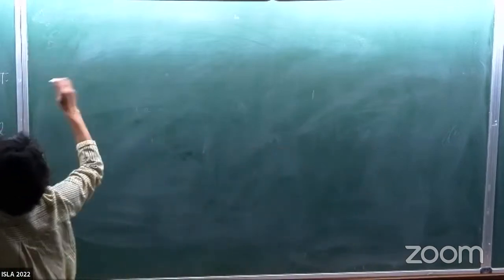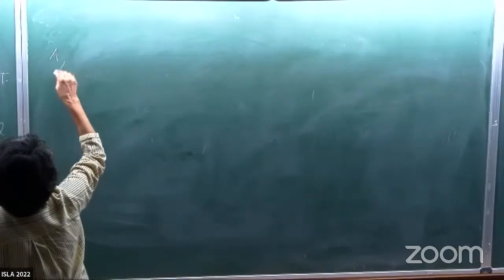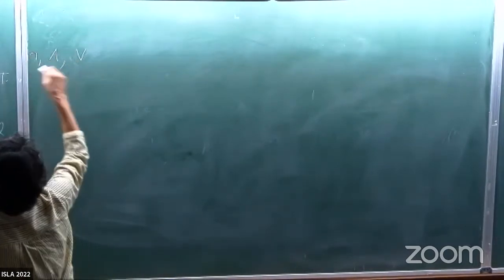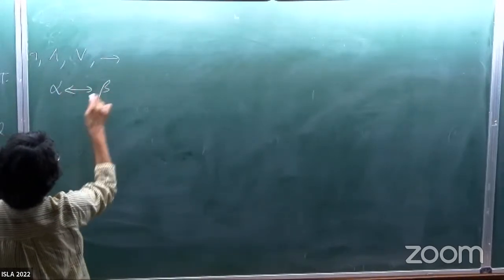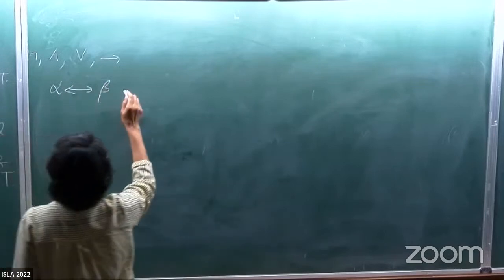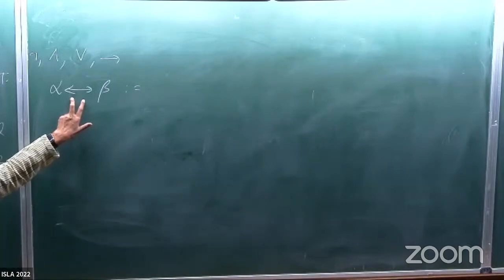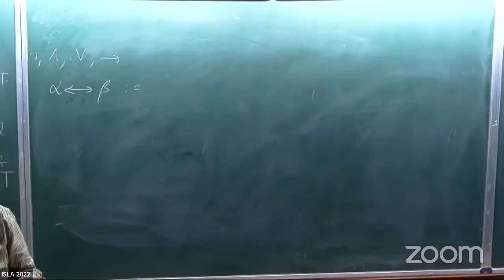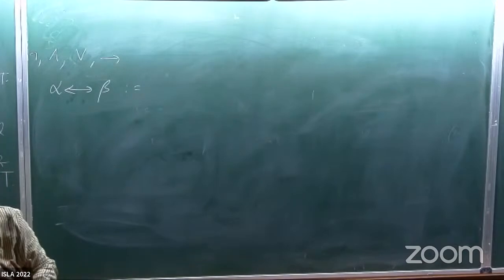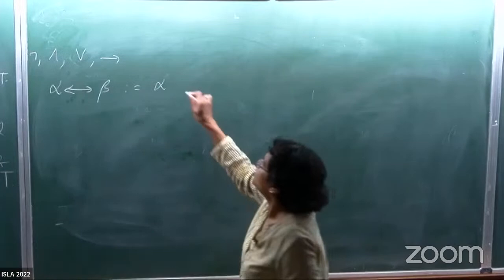All right. So you had those primitive symbols defining the alphabet, right? Now you can very well define some connectives. So this is the one that we'll be interested in. This is a new connective we are defining in terms of the existing ones. This is just what we think of as bi-implication. How do we think of bi-implication? Alpha implies beta and beta implies alpha. So that's precisely what we will write down in our formal language. So it will be written as,